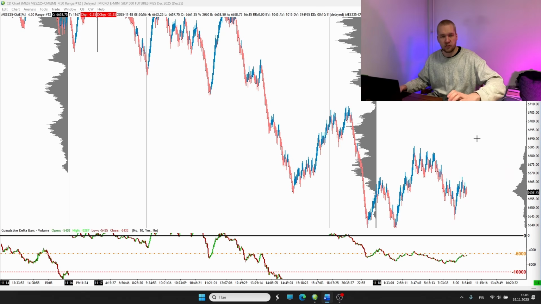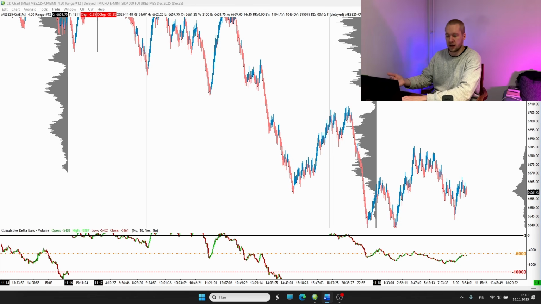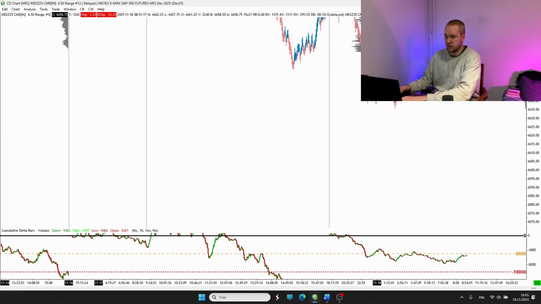Alright everyone, so I have my chart here open, and today we're going to be talking about reversals and how you can spot reversals early. Now this is an important skill to have because that will ultimately give you a better entry when you capitalize on that reversal. So if someone doesn't know what a reversal is,